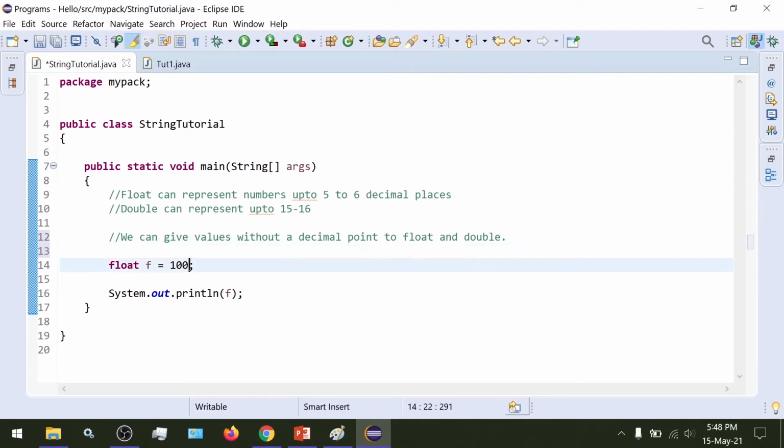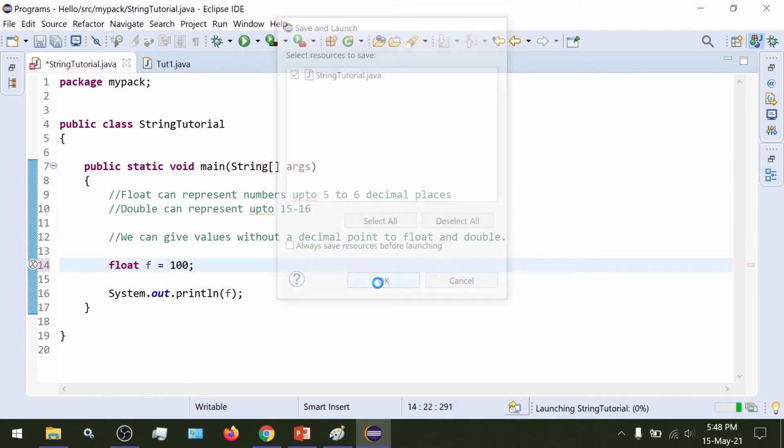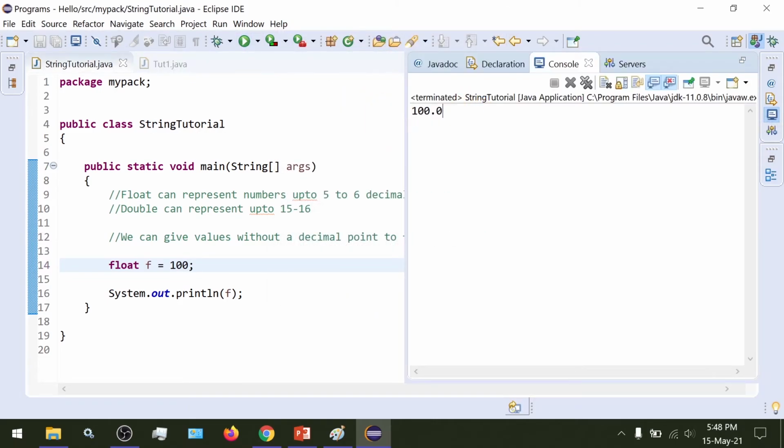What happens here is our computer understands that this value is without any decimal point, and it automatically adds the point 0 to it. So just as we saw here, we got the output as 100.0. This point was added by the computer to the number, to represent a fractional value.